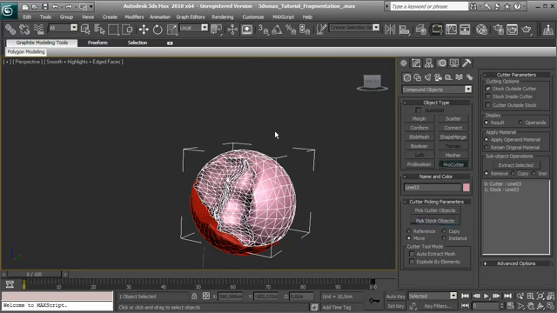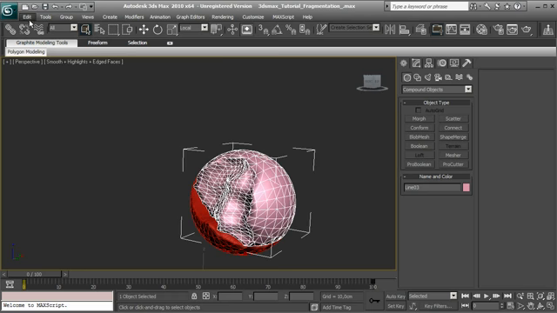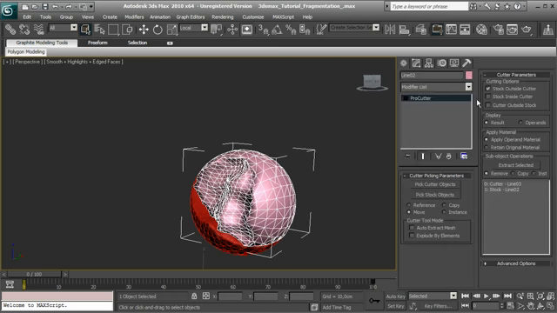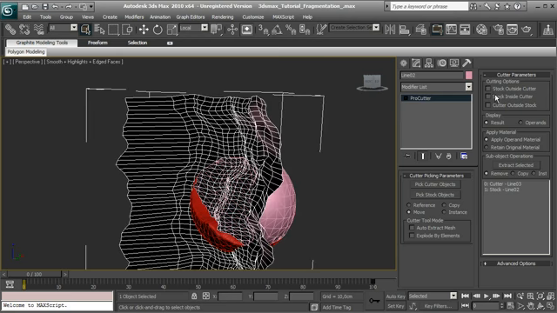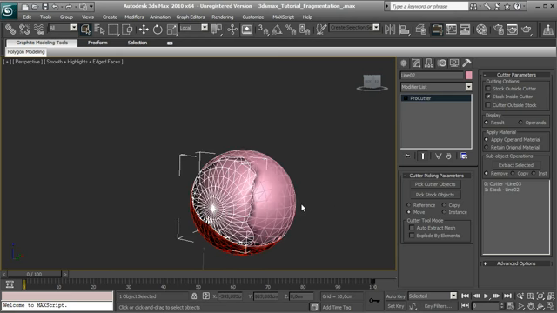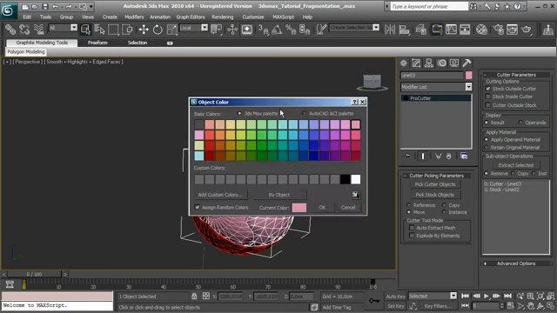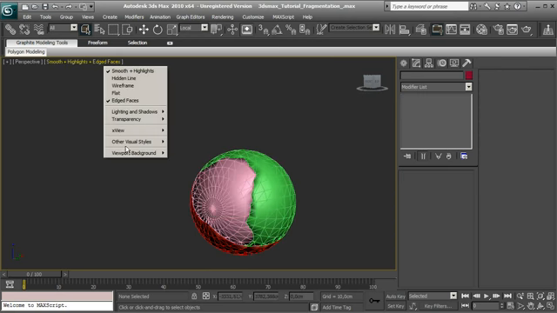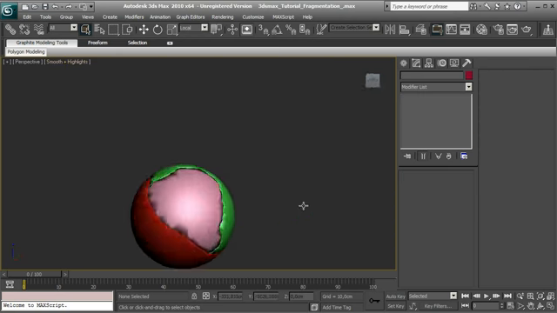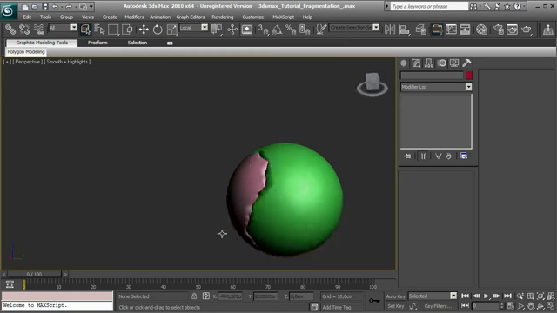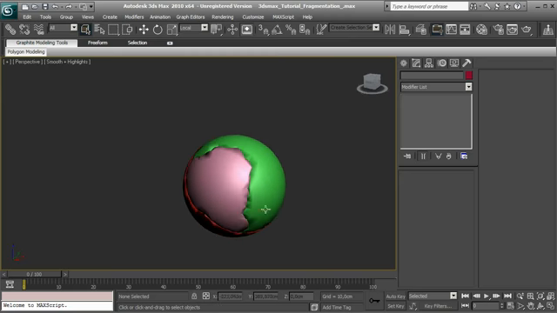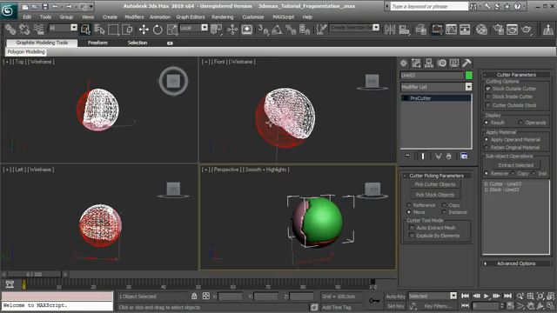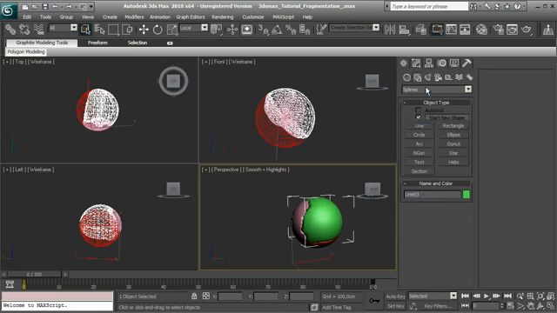I select Pick again, I go in the select mode, edit, clone, I make a copy, I go in the modify, I remove stock outside, and I select stock inside, so we can change the color for this piece. Okay, and we can remove the edges face. So you can see that we are splitting the mesh in various parts, and again we can split this one, and I can create